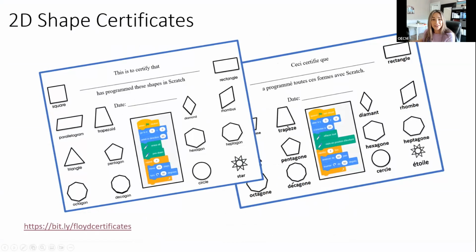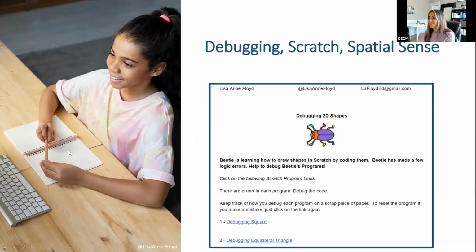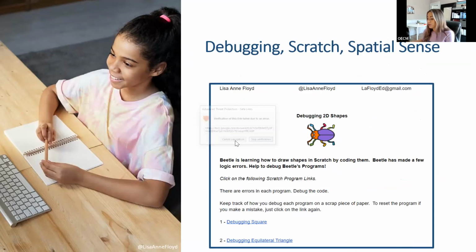Okay, what do I have next here? Right, so debugging. This is one of my favorite activities, once again, to do. I thought it was important to share this with you. I know some of you might have used it before. So I have this document for debugging. I send the students to the link. And when you get to the link,